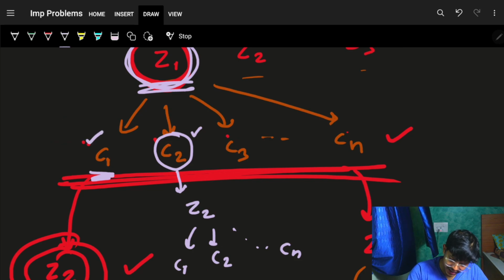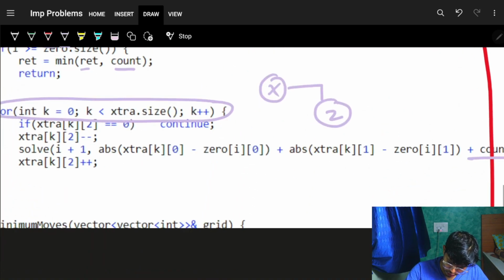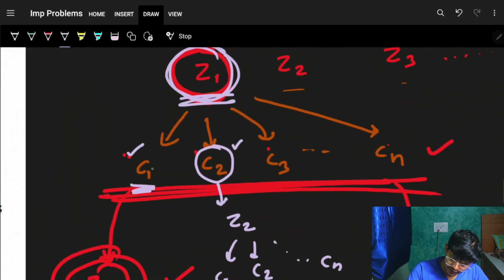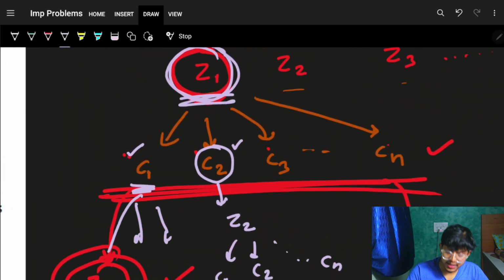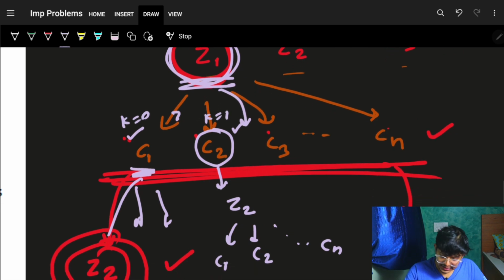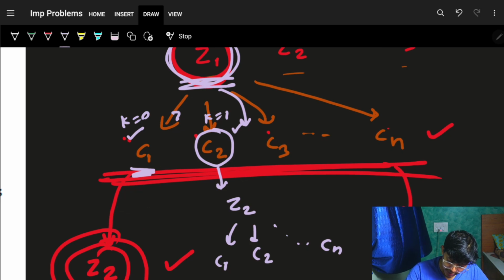You use this K extra cell, right? As you saw, you reduce its value, but after the entire recursion of this particular branch is done, it will just again come up. And when I say again come up, it will go on to the next K. It is K equal to 0, it is K equal to 1, it will go on to the next K. Now, as the recursion has entirely been done for this particular tree,